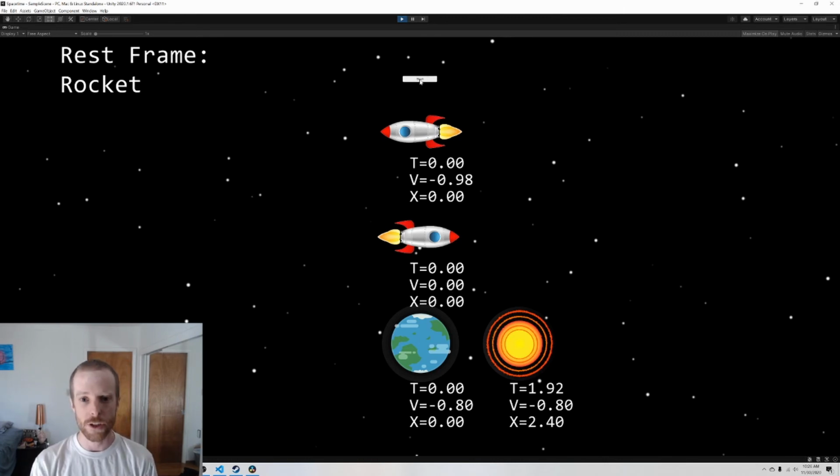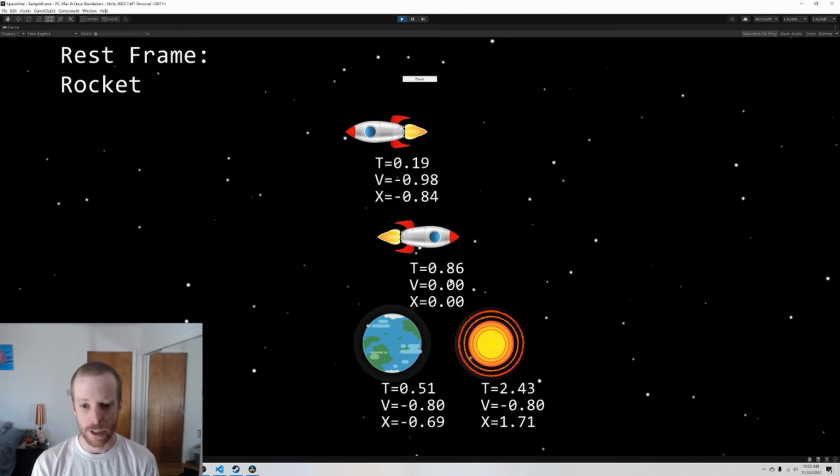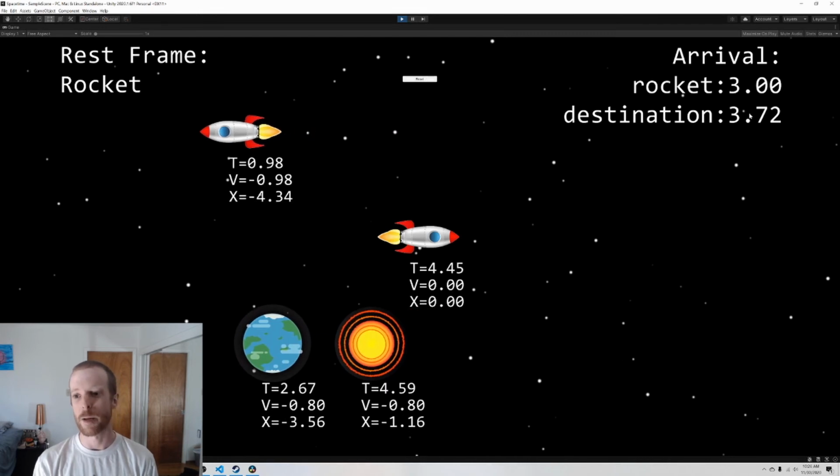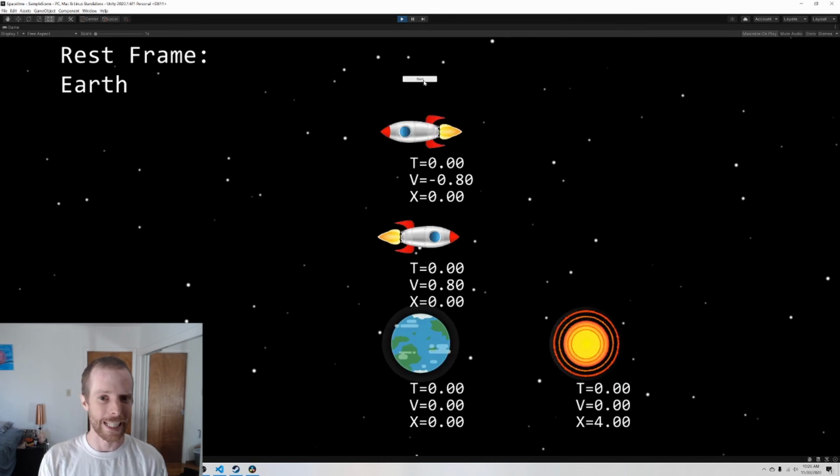And when I launch this, the camera will track the rocket, and we'll see the times on the rocket and the destination. And this is where my program breaks down. I think everybody should agree that when the rocket reaches the destination, the rocket clock reaches 3 and the destination clock reads 5. Also, one thing that I would really like, the dream with this program, is to be able